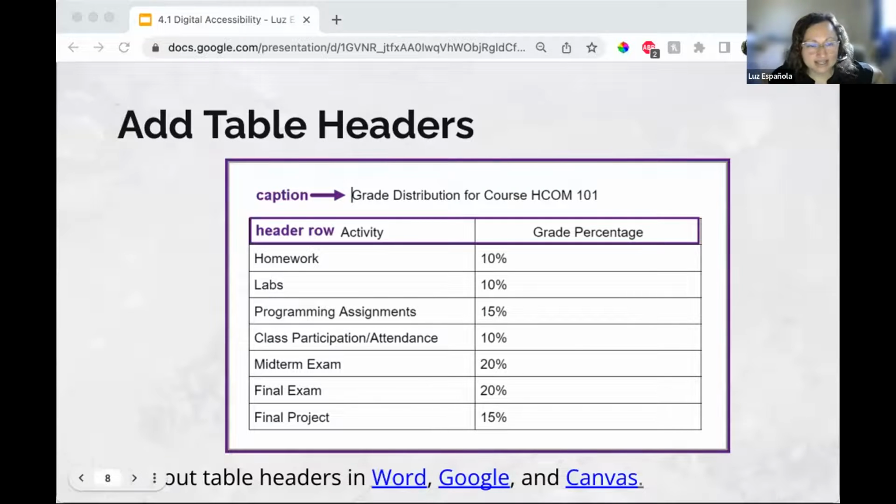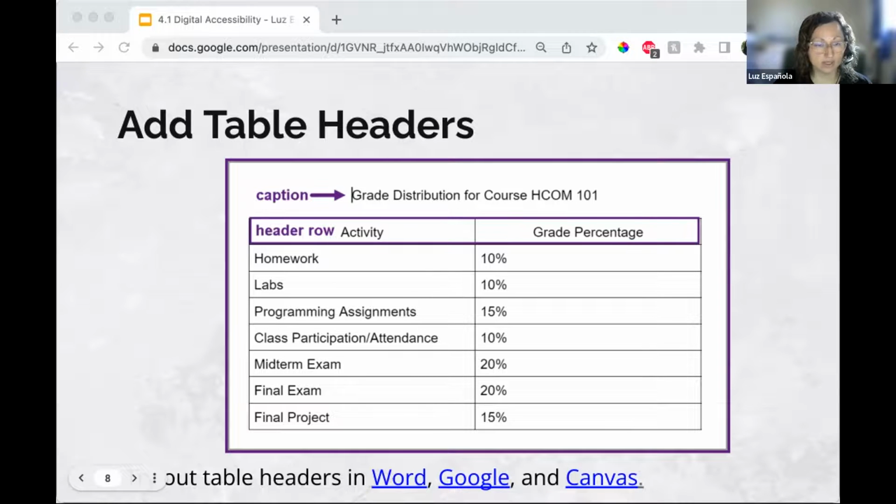So another technique that you can use is making sure that you are defining your header columns, header rows, or maybe both in your tables. Designating headers in a table is essential for screen reader users to understand how the information is laid out. And just like headers in a document, table headers provide the direction and an overview of the content that lives